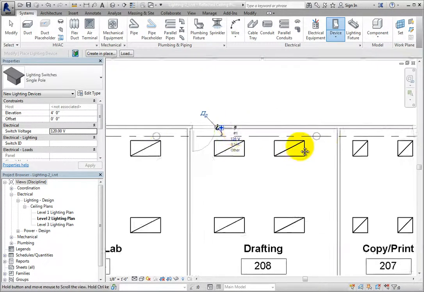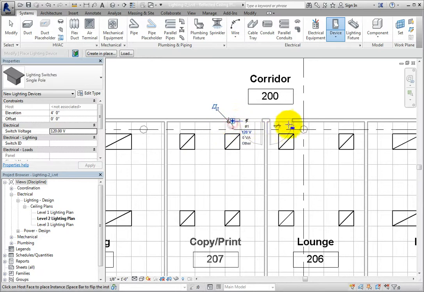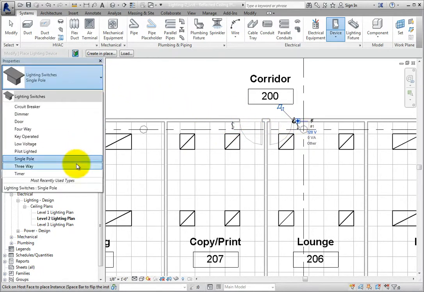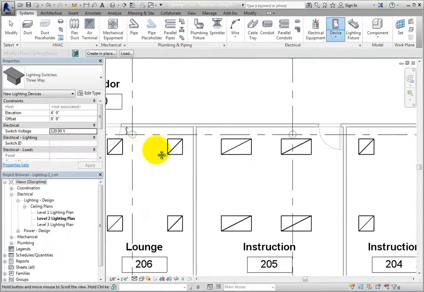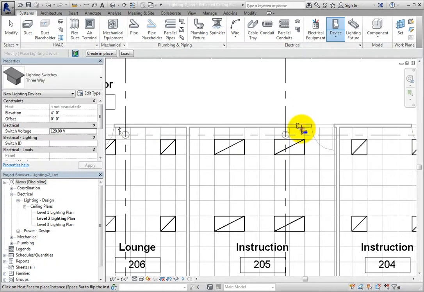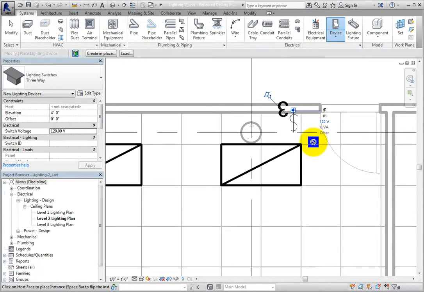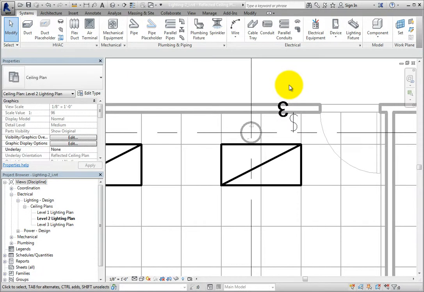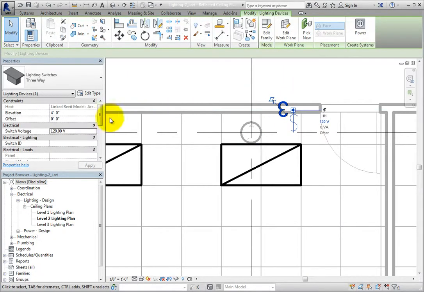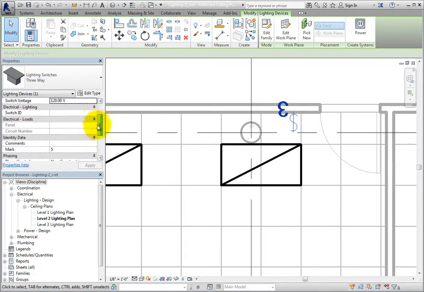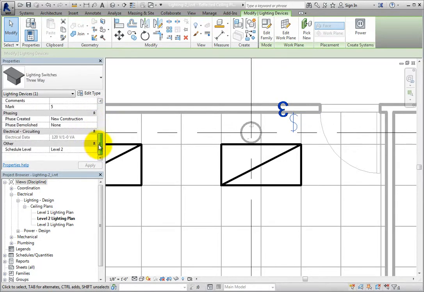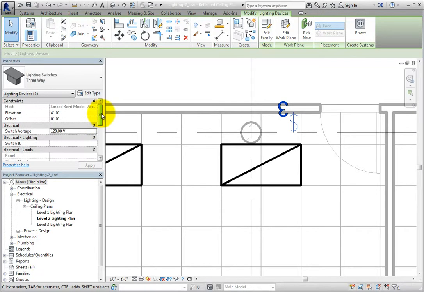Once I've placed a few, I'll expand the Type selector and select the Three-Way switch. When I place an instance of this type, you can see that a 3 tag has been placed along with the switch. I'll click Modify to end the command. Realize that you can select a fixture and modify any of the parameters in the Properties palette after the element has been placed. With a switch selected, I'll click Edit Family in the contextual ribbon to open the family in